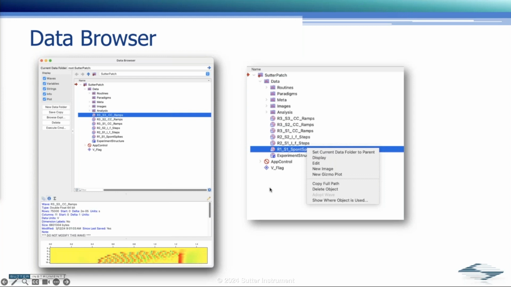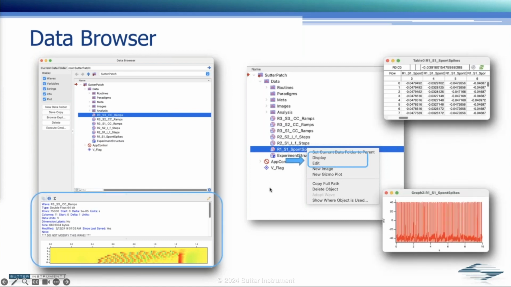All the data waves that I just described exist within the Igor Pro environment, which can be viewed with Igor's Data Browser. For most SutterPatch users, they will rarely need to look at the individual waves, as SutterPatch provides several editors to organize, view, and in some cases modify. If you're writing your own macros or procedures, the Data Browser can be very useful for getting a variety of wave information, as well as tools for viewing the data as a graph or a table.